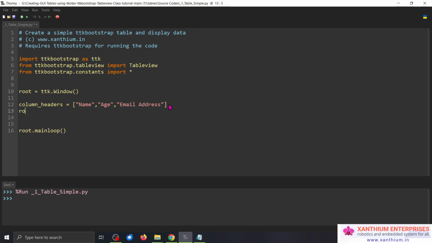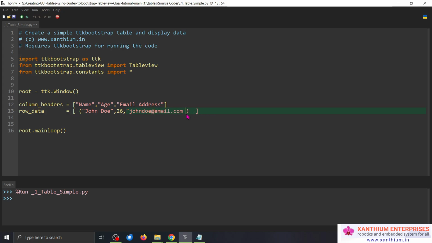So we have to create some data that will be given to the rows. So we create a symbol list here. Then we have to create a tuple that is this particular one within the brackets. Now the first parameter we want to display is the name. So we are going to use the term John Doe. Then we have to give the age. So we'll just give it as 26. That's an integer. And then we have to give another string that will be the email ID. So it will be John Doe